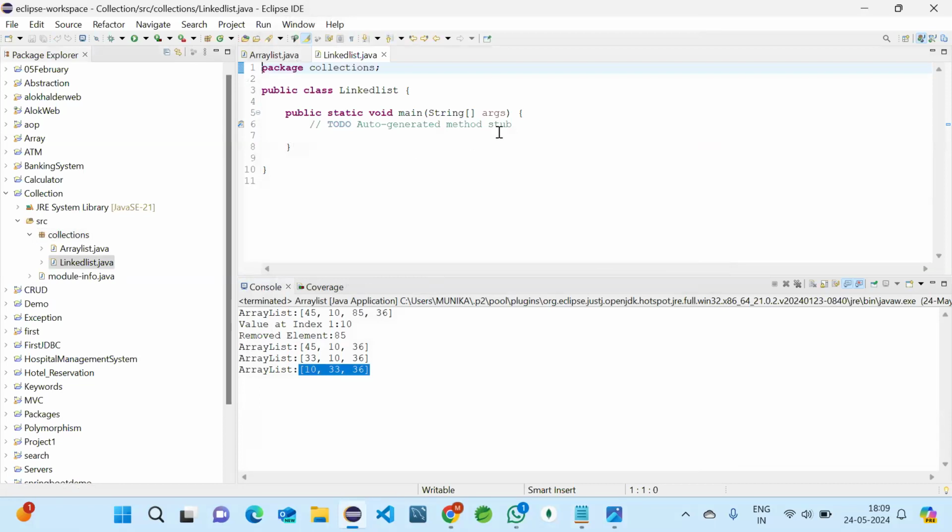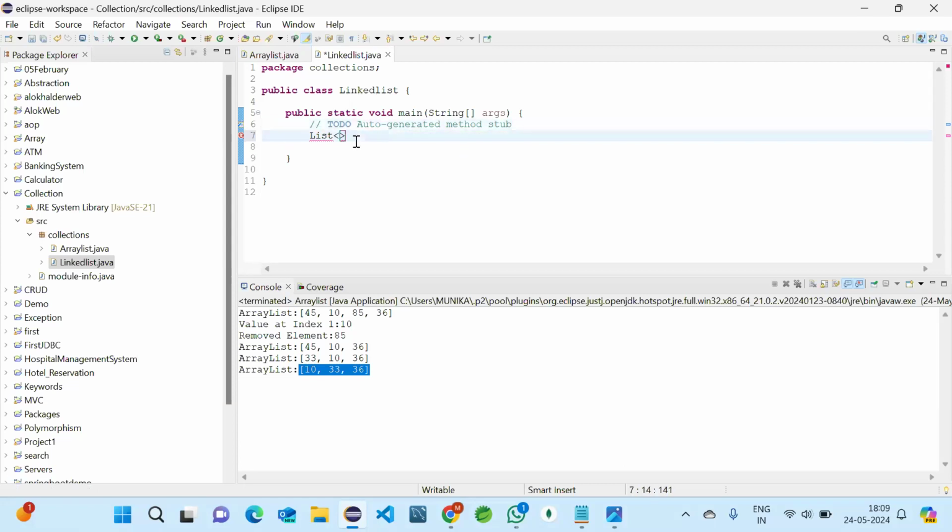And for linked list also, first we should take the collection we want, and the procedure is almost the same.